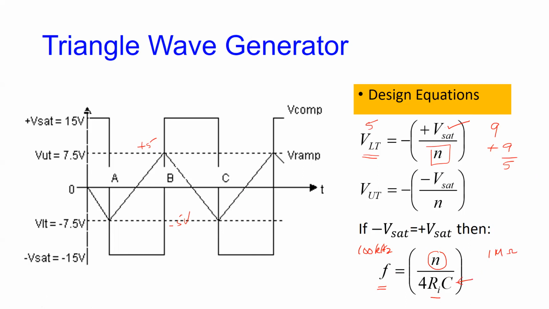Or I pick a capacitor value, let's say a 1 microfarad or 10 microfarad capacitor, and I can calculate what value of R I need to make the triangular wave. It will be limited to plus or minus 5 because that is how I chose N. If I want this to switch up to plus or minus VSAT,